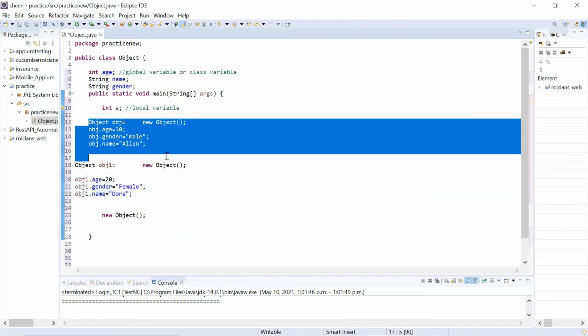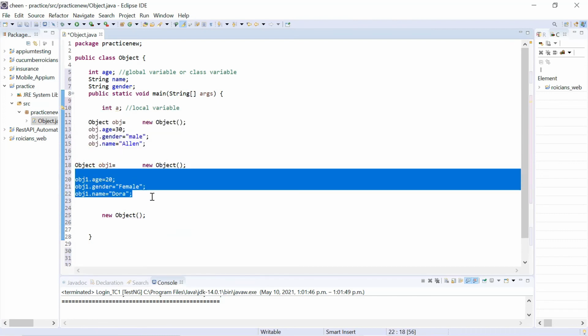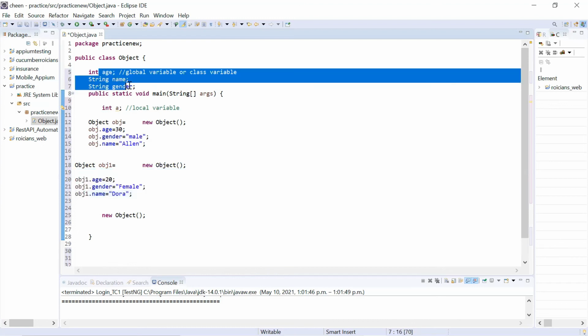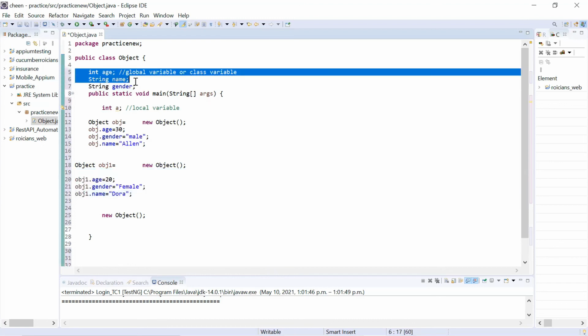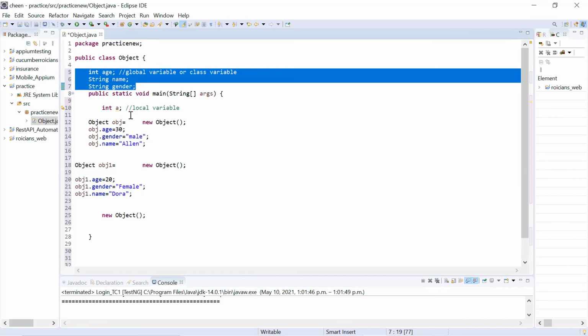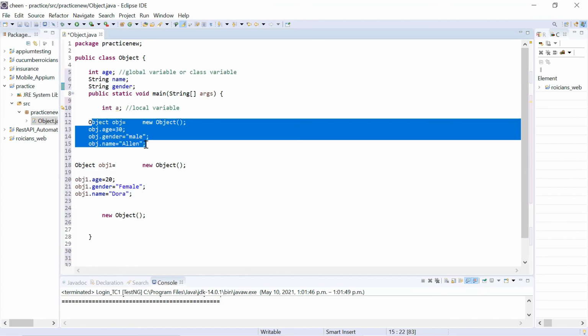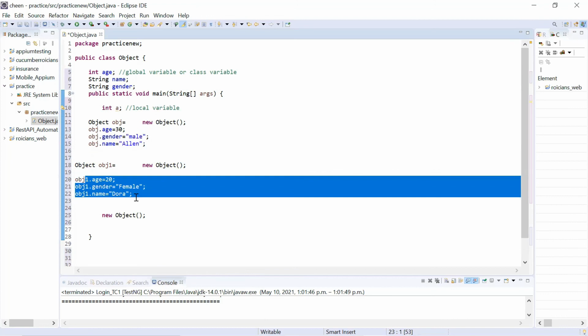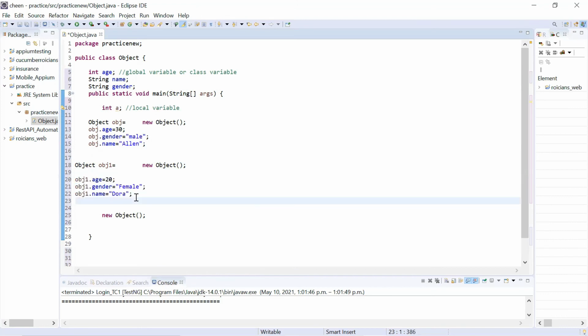So guys, this is how I'm accessing two different memory areas with the same base. With the same base architecture blueprint, I'm making different entities. I'm giving different values to the variables. So this is my third memory area. I want to access it again. I will write the class name, obj, let's say obj2, assign this, and in the same way you can allocate values to it.